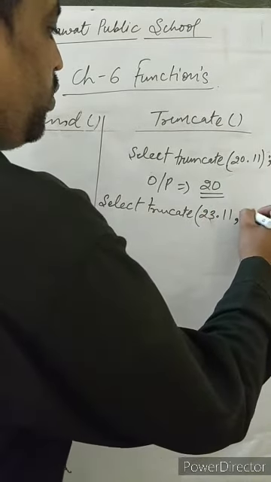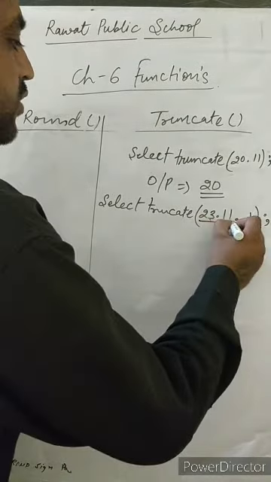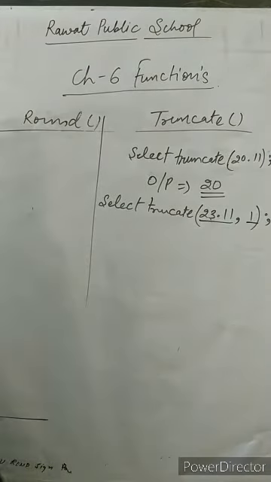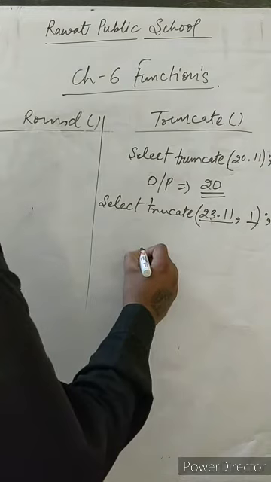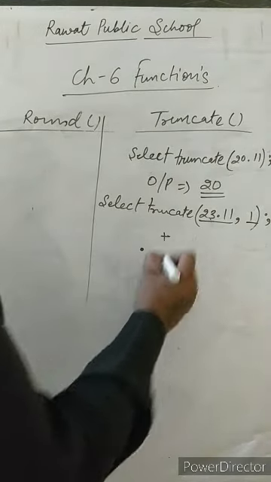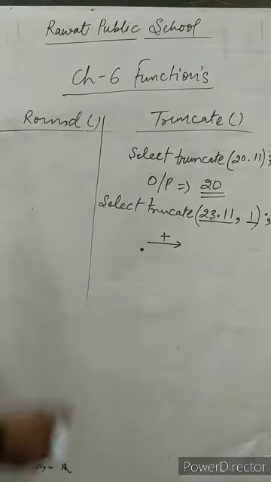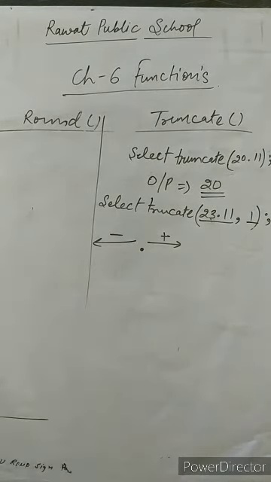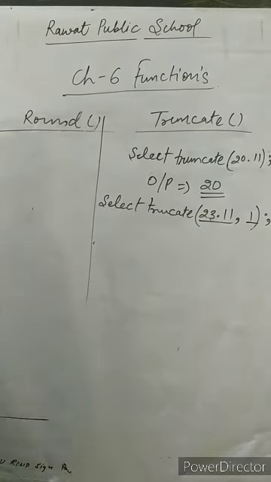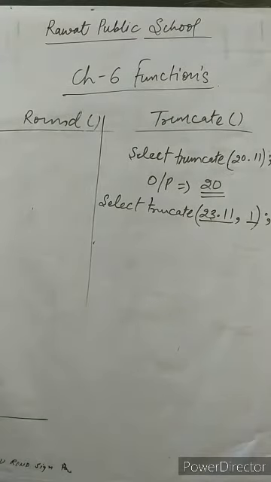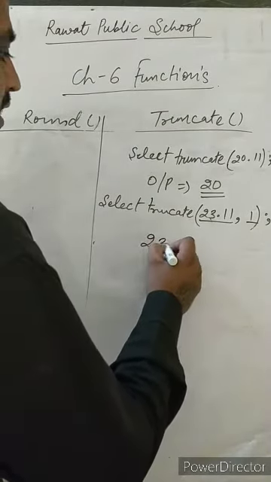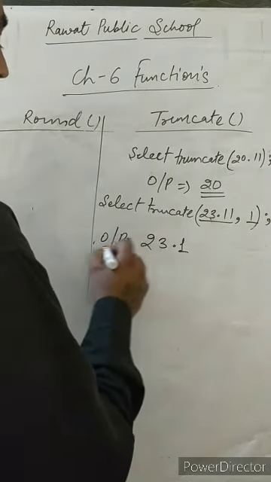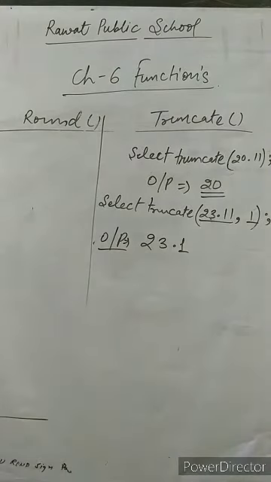Let here I am taking 23.11, comma 1. So student, this is the decimal value जिसमें ट्रंकेशन होना है और this is the place कहां तक होना है। तो इट्स मीन अगर बच्चों डेसिमल पॉइंट यहां पर कॉमा के बाद अगर आपकी पॉजिटिव वैल्यू दे रखी है तो आफ्टर डेसिमल प्लेस में ट्रंकेशन होगा, और अगर यहां पे निगेटिव वैल्यू दे रखी है बच्चों तो यहां पे इंटीग्रल पार्ट में ट्रंकेशन होगा। ओके, तो चलिए हम देखते हैं इसको। सेलेक्ट ट्रंकेट 23.11, 1 मींस कि डेसिमल पार्ट में ट्रंकेट। तो ट्रंकेट होते ही ये आउटपुट आ जाएगा आपका 23.1 ओनली, क्योंकि ट्रंकेट फंक्शन किसी तरह के कोई रूल को मैच नहीं करता। ओके, सो इस तरह से आपका 23.1 ओनली विल बी द आउटपुट।